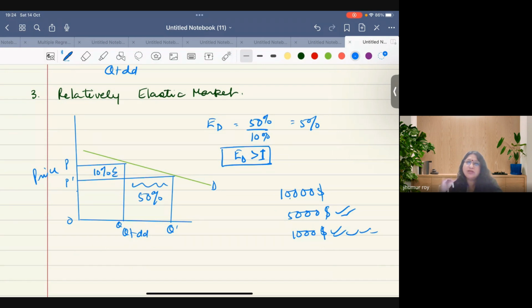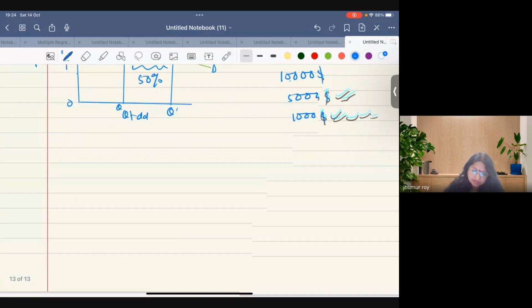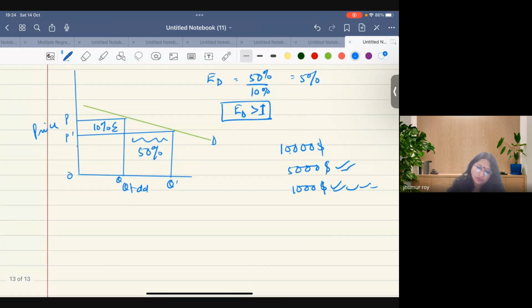So a small change, that means 10% you have talked about the price going down, but because of that 10% price going down, you find that the demand has increased to a very large extent. So that is something which is very, very important. Okay. Now, after this, we come to the next one, that is the fourth one. The fourth one is called